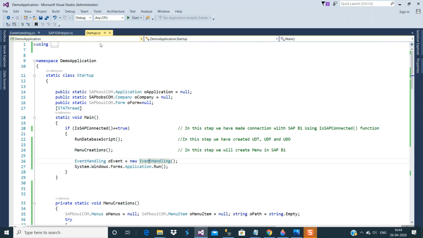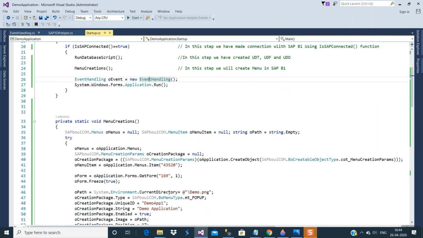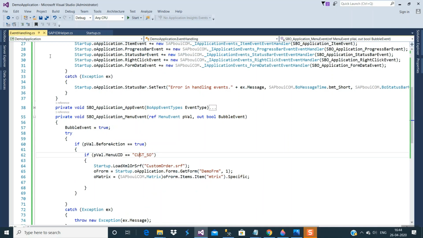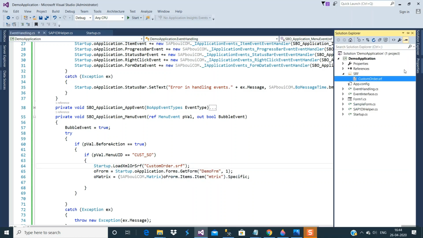You can see once again, this is our menu ID for the form custom sales order. So we have checked whether the incoming click event is for custom sales order or not. On behalf of this menu ID, we have passed the custom order.srf file. Here you can see the custom order.srf file.